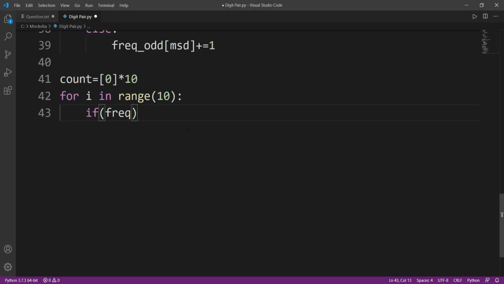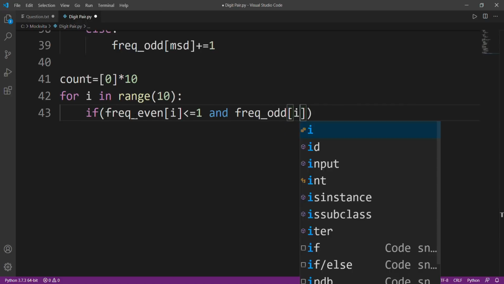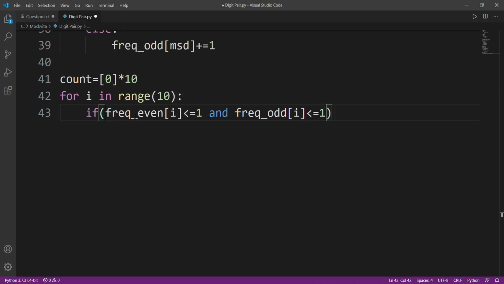Now let's check whether the frequency of the even list at index I is less than or equal to 1, and at the same time the frequency of the odd list at index I is also less than or equal to 1. Then we don't need to do much work here, we'll just continue. Otherwise,